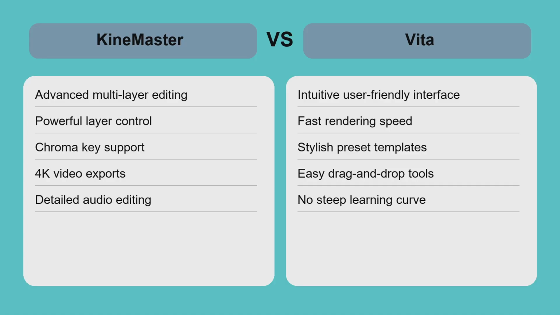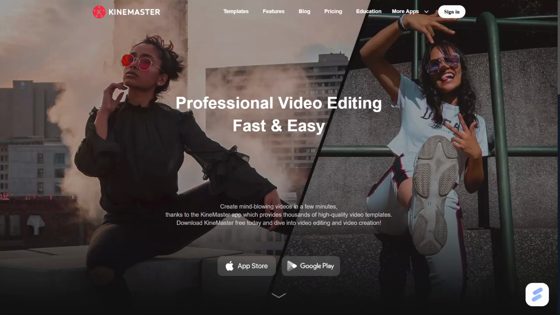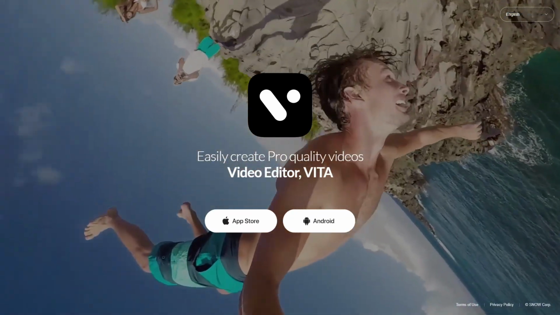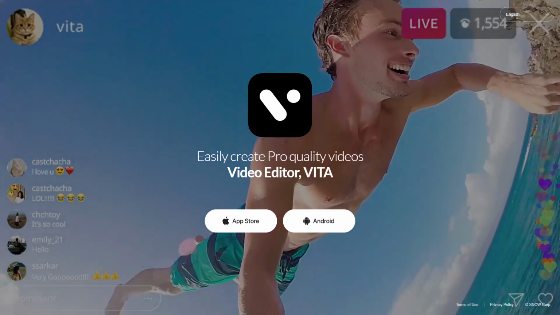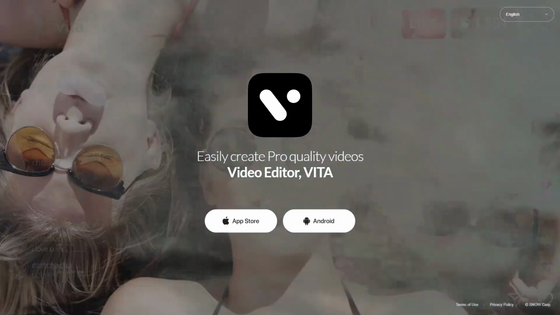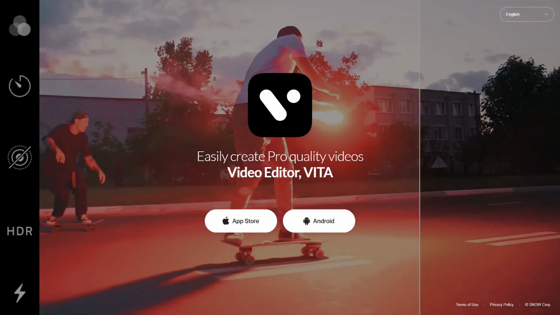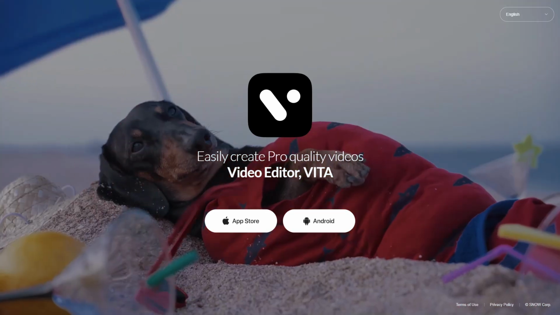Choose KineMaster if you need professional-grade editing with multi-layer support and advanced features on mobile, especially for detailed video projects. Opt for Vita if you want a fast, user-friendly editor for creating stylish social media videos without complexity. Both apps serve different purposes, so pick the one that fits your workflow best and start creating impressive